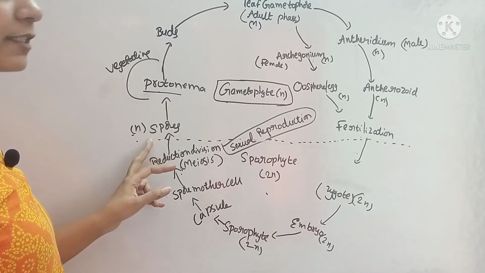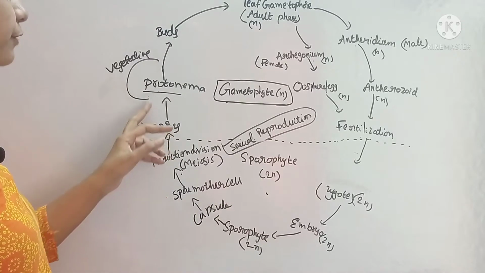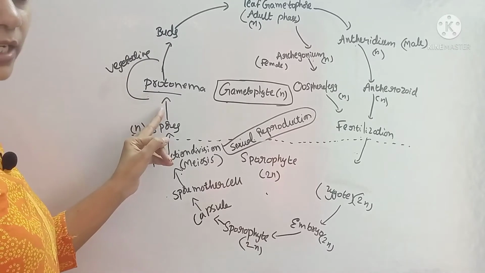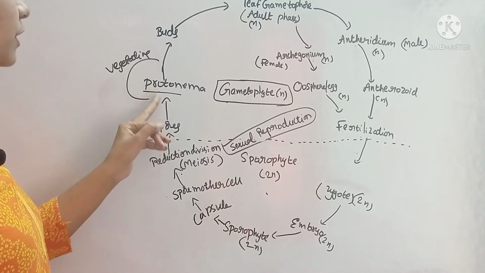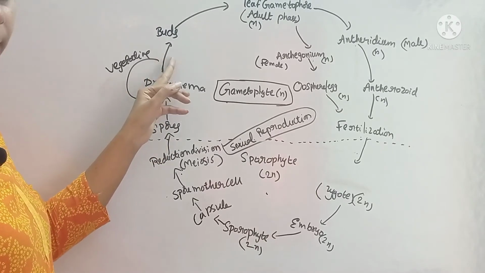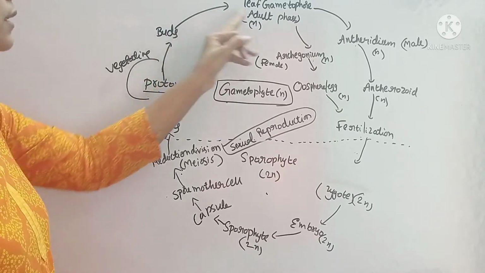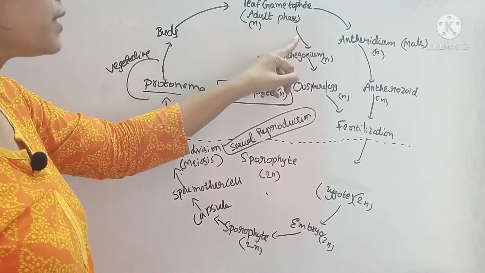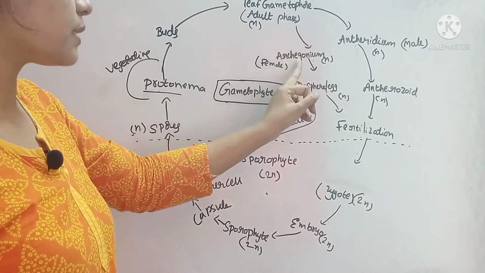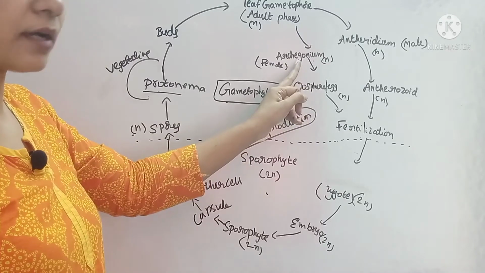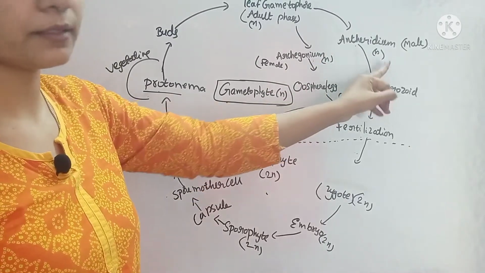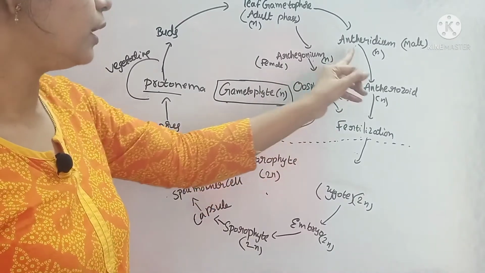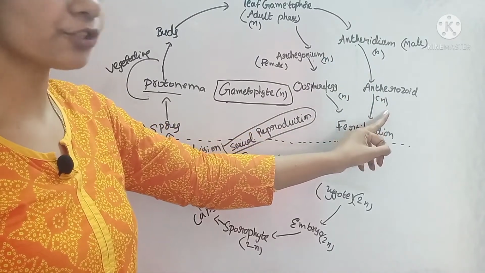And there are several haploid spores produced. From these haploid spores, a juvenile growth called the protonema stage occurs instead of the gametophyte. From this protonema, several lateral buds will develop, and from these leafy gametophores occur, which is the adult form of the gametophyte. And from this gametophyte, sex organs grow. The female sex organs are called archegonium and the male sex organs are called antheridium. From the archegonium, the oosphere or egg develops, haploid one. From the antheridium, haploid antherozoids develop.